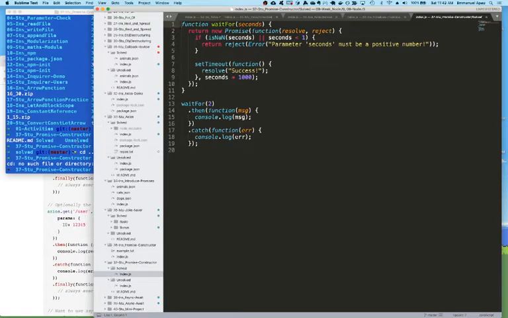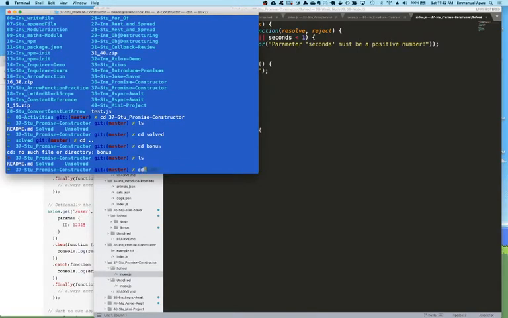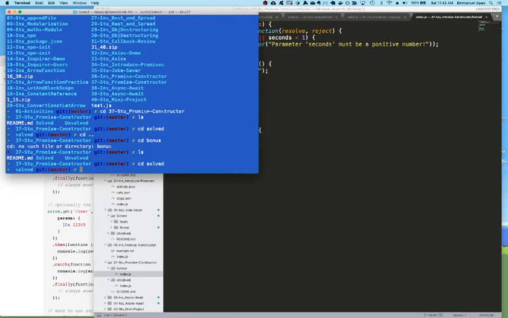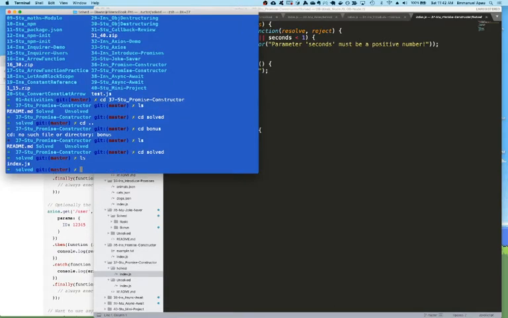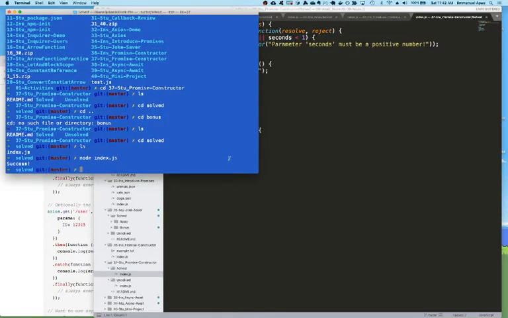Starting out, when we run, let me just make sure I'm in here. So we can see that the function ran, and we received a success message,